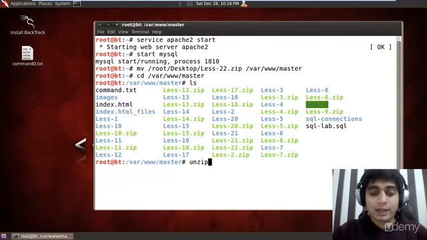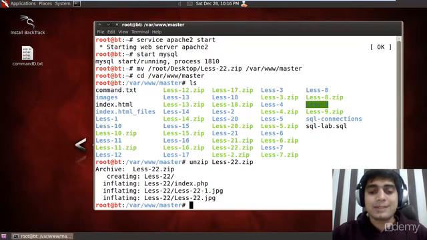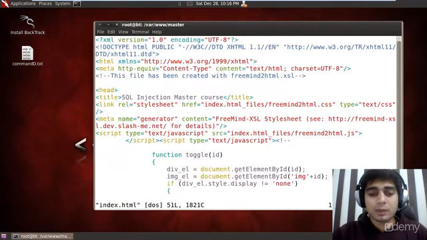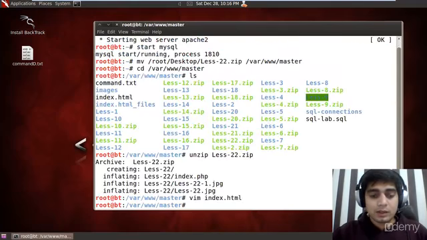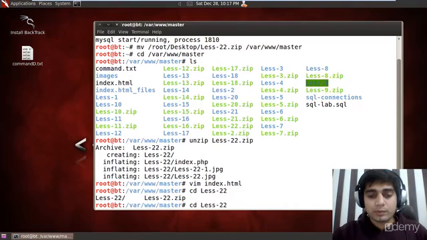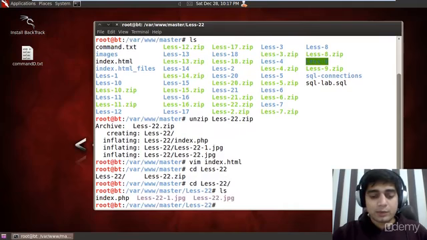Here it is, the lesson22.zip file. As always, I'll unzip it. Just a couple of files, a PHP file and a couple of images, nothing much. Oops, wrong directory again. First I have to go into lesson number 22, and then open this